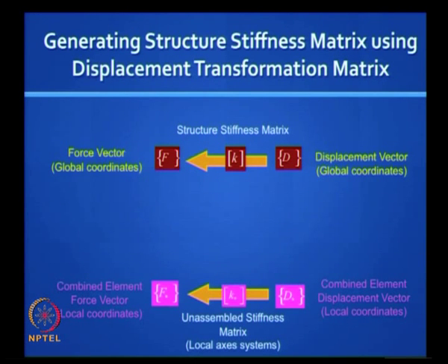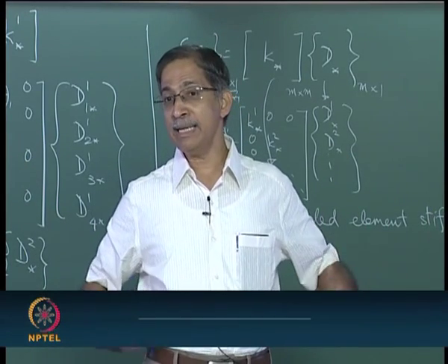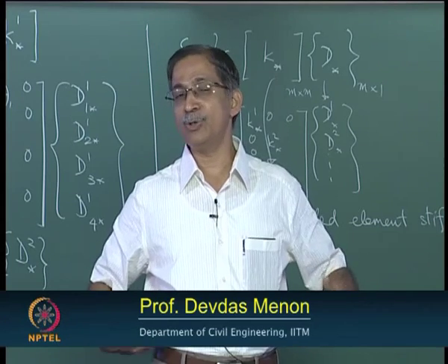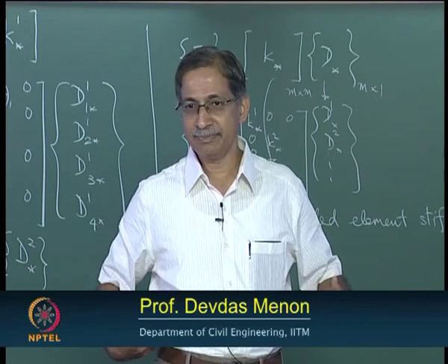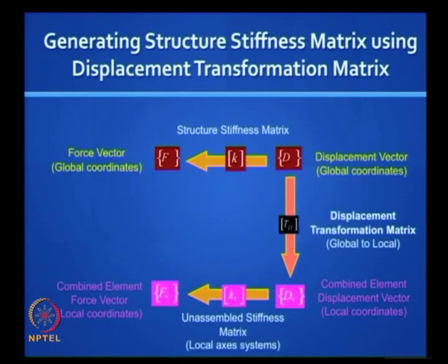Okay, now my playground is different. Now my playground is, on one side the goalposts will have the structure level coordinates, on the other side I have all the element level coordinates put together in an unassembled manner, but all of them are there. Then my Td will take this path, right, because d star is Td into d. Okay, I have not partitioned dA dr, but you can do that.